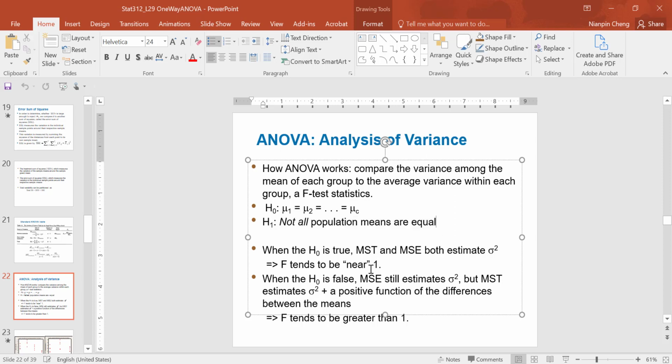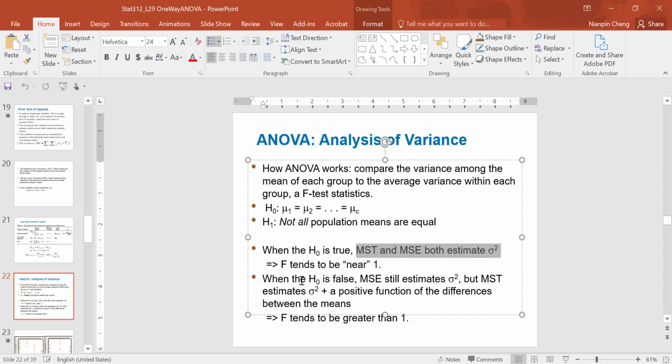So how can we use the F value to indicate this? We know this is the ratio, the mean squared treatment versus the mean squared error. When H null is true, the F-test tends to be near 1, because the means are the same. So these two, mean squared treatment and mean squared error, will be very close. Both estimate the population